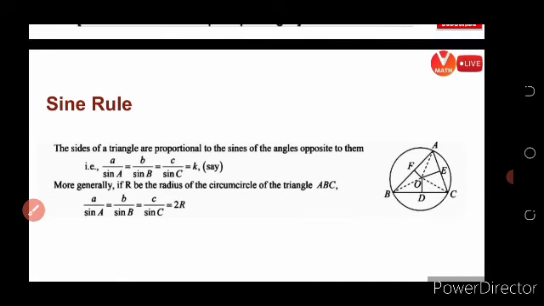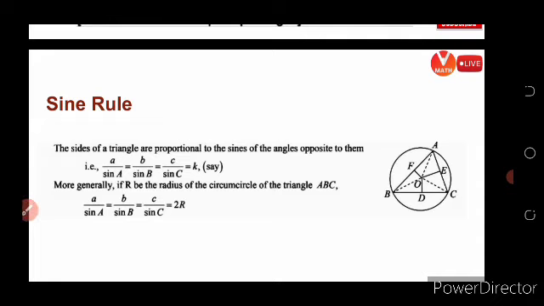Similarly, for sin theta equal to sin alpha, theta is equal to n pi plus minus 1 to the power n alpha, where n belongs to integer. Similarly, cos theta is equal to cos alpha, then theta is equal to 2n pi plus or minus alpha. Similarly, tan theta is equal to tan alpha, then theta is equal to n pi plus alpha. But in these three cases of squares, the formula is only n pi plus or minus alpha. Then come to sine rule.